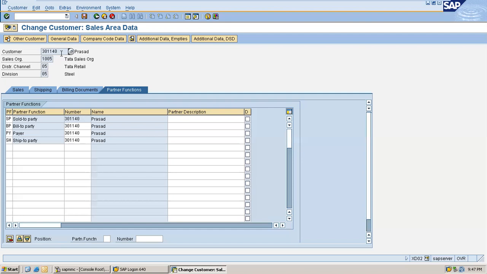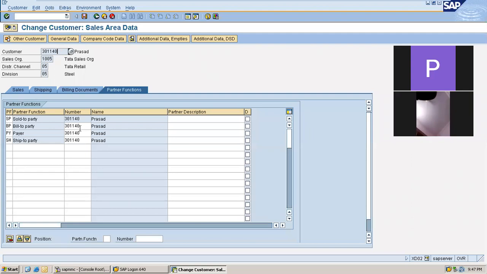So if you see here, you are assigning partner roles or functions for this customer. Yes, this customer can be used as sold to party. That means you can create orders for this customer. The same customer can be used as bill to party, so you can create billing documents also for this customer.